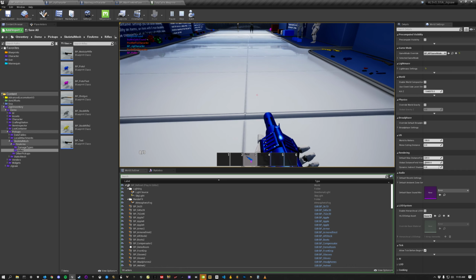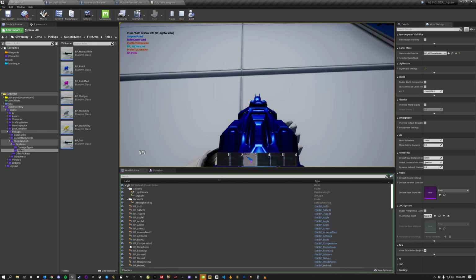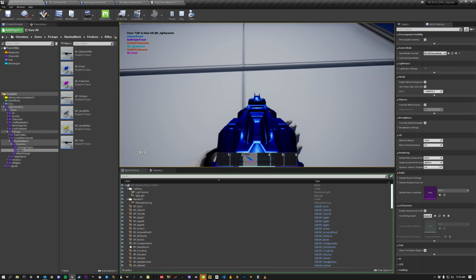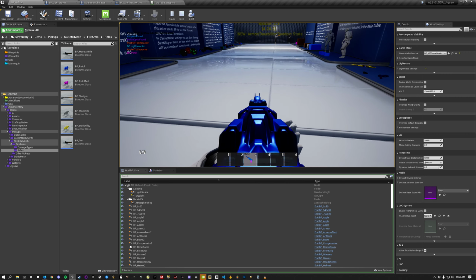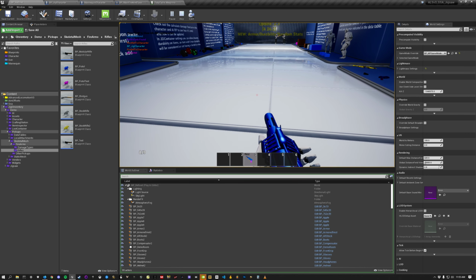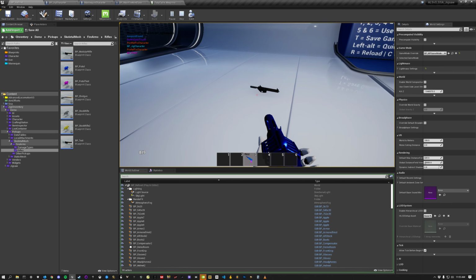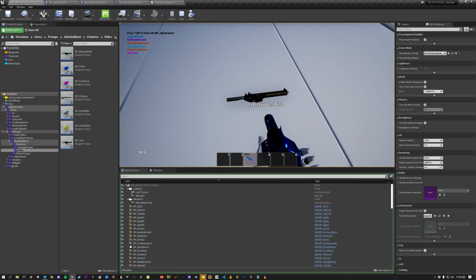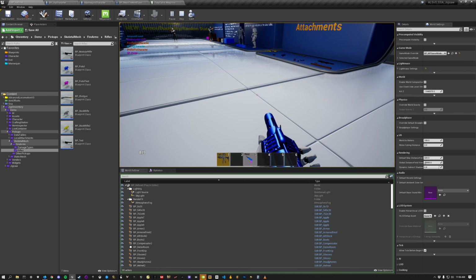and everything works. Now that's using gun sight aligner, and you can see things printed to the screen. I'll go over that in just a second, what I have printing there. But everything's working, and that's not using animations, that's using just procedural bone transforms, etc.